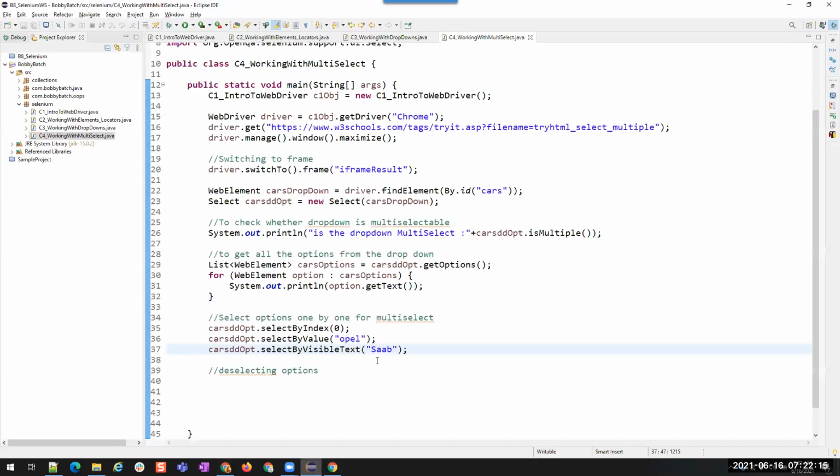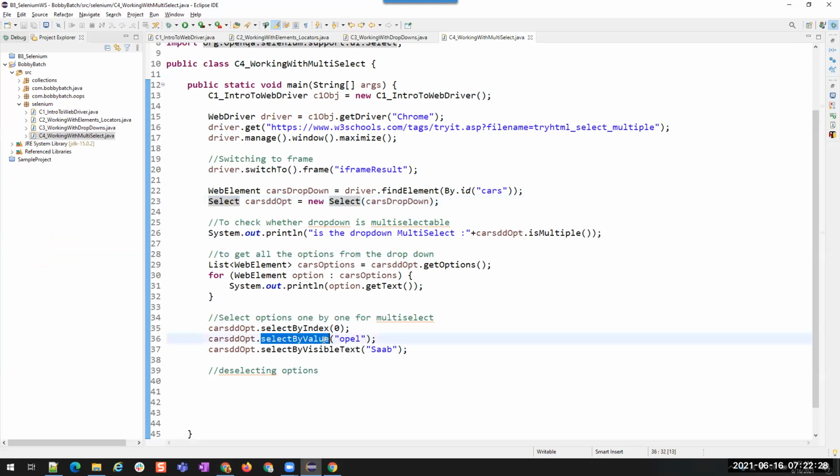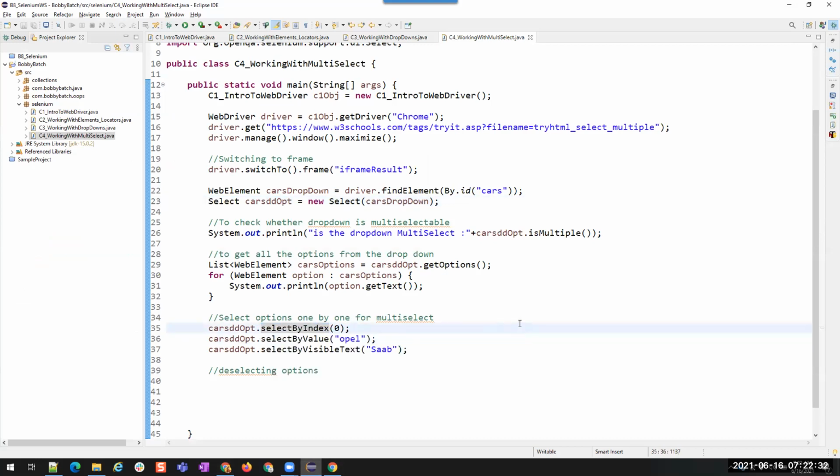But here we don't have to do anything extra. We are using these methods from which class? From select class. Select class has already designed these methods, which will be only selecting. When you click or when you use this, it will not reset. Understood? We are adding the index, we selected this, and then we use the select by value. We are adding this Opel to the list of selection.